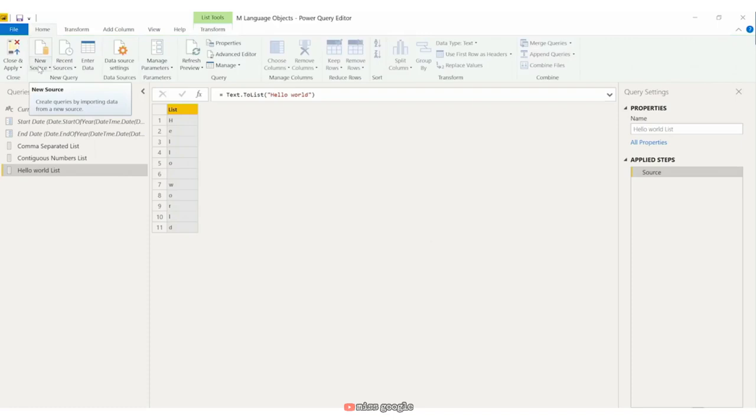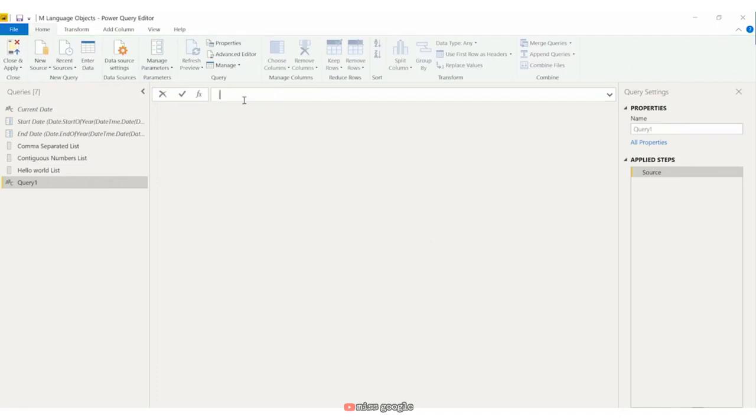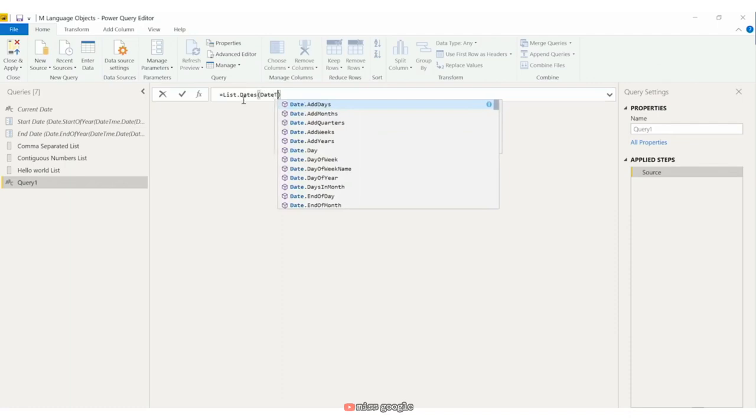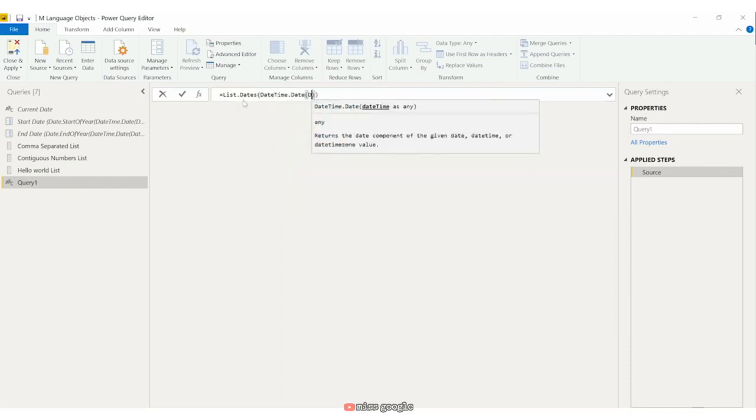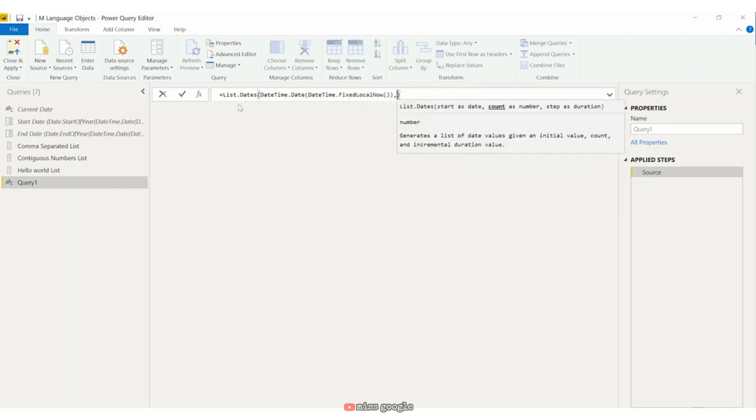Lastly, let's create a list object using a dates list function. We create another blank query, and we use the function List.Dates, starting with the current date for today, DateTime.Date(DateTime.FixedLocalNow()). Notice that we put DateTime.Date around the function to create the local time for today's date. What this does is eliminate the time from the DateTime function. We put 10 in because we want to create a list with 10 dates, and then we add 1